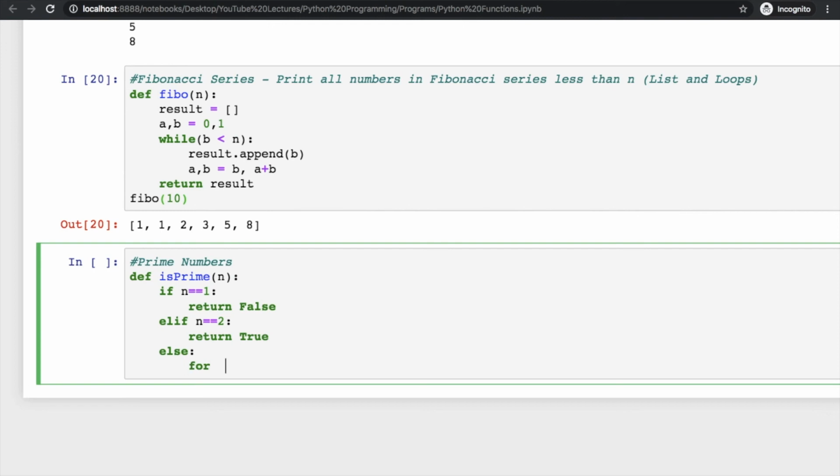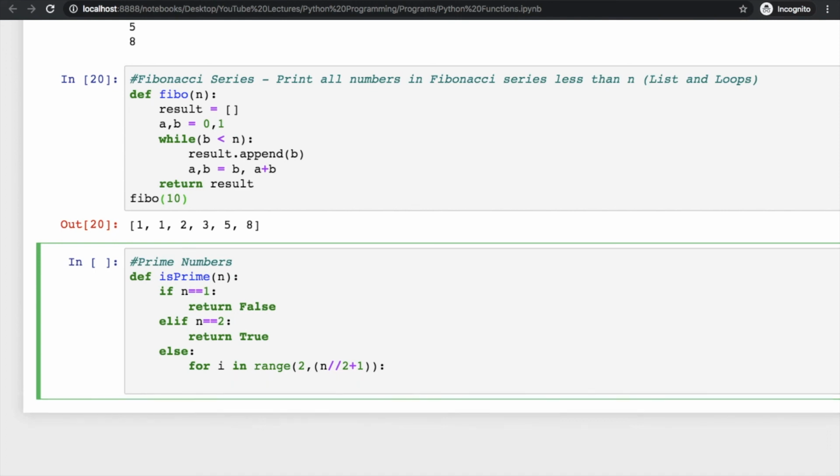You have to check for all the numbers in range starting from 2 to n by 2 plus 1, or actually we can modify this condition and calculate till the square root of the number, but as of now just try to calculate it n by 2 and just add 1 to this. Clear? If we calculate this till the square root of this number n, the program will be more efficient and its complexity will be reduced. So you can write in the comments how much complexity will be reduced.